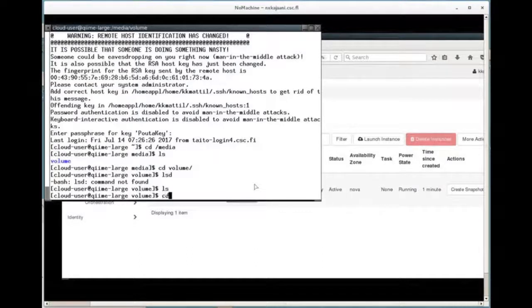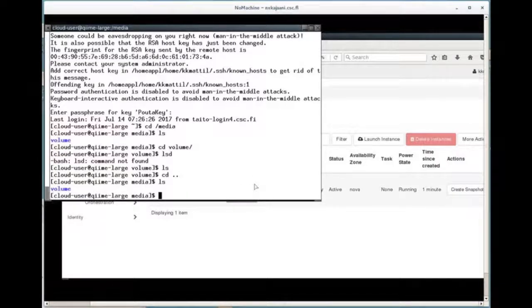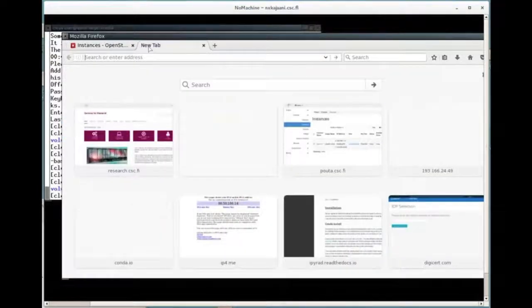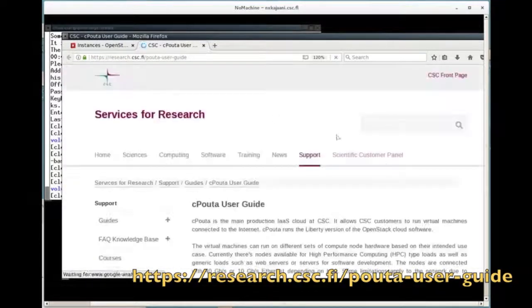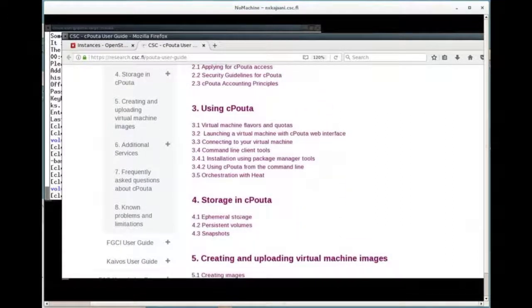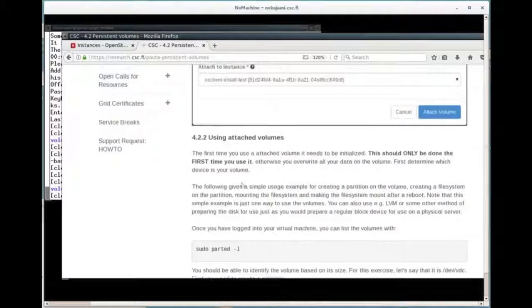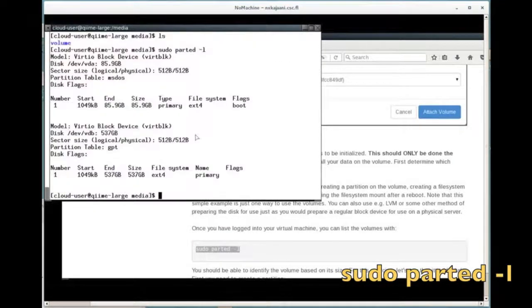The reason for this is that even though we have attached the volume to the virtual machine, we still have to mount it to the virtual machine. The mounting process is rather simple, but if you don't remember the commands, you can always check them from the cPouta user guide that is located in the Research CFI pages. From chapter 4.2 we first pick the command that we can use to check the attached volumes in our virtual machine. We run the sudo parted -l command there in our virtual machine, and now we can see that the volume